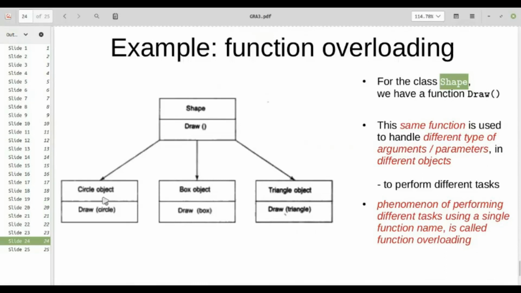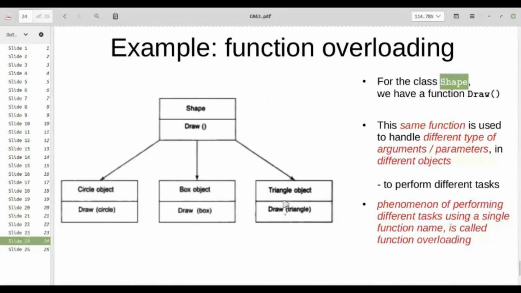For example, let us say we have an object called circle for the class shape. Obviously in the case of the object circle, the function draw will take as parameter circle. So it will draw a circle logically. Similarly, if the object is a box, the function draw will draw a box. If it is a triangle, the function draw will draw a triangle.